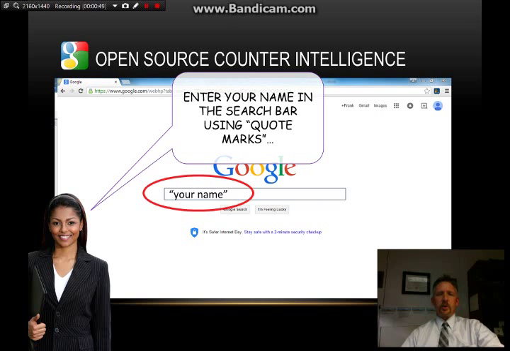Specifically, one of our greatest open source or public domain tools is Google. Any of the major search engines actually are. You could use Bing, you could use Yahoo. There's a slew of them out there that are data culminators and aggregators, and they make it very easy to look for whatever you're looking for, including people.